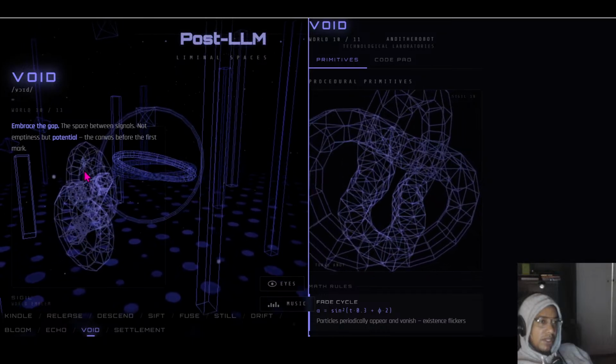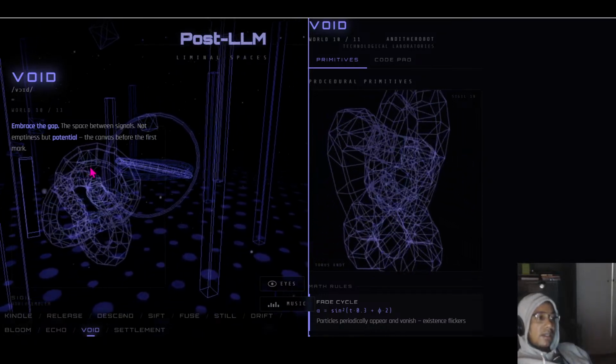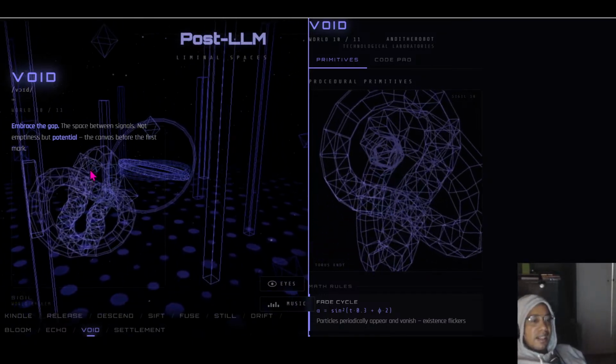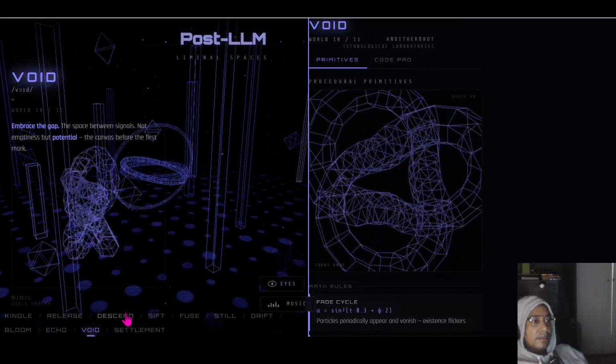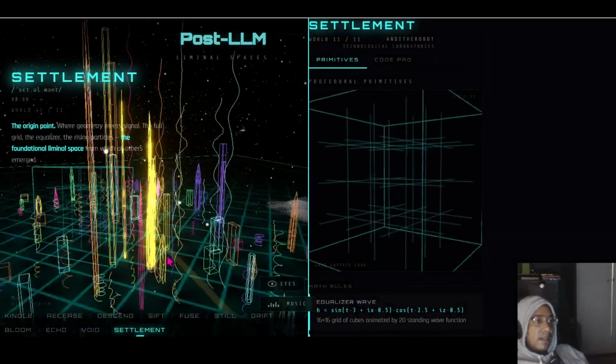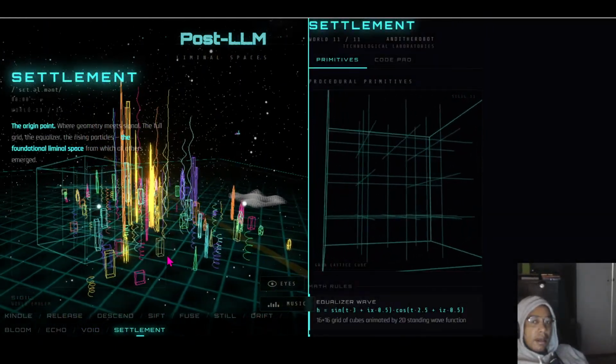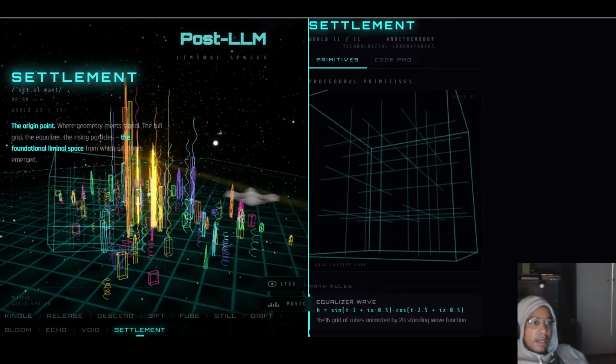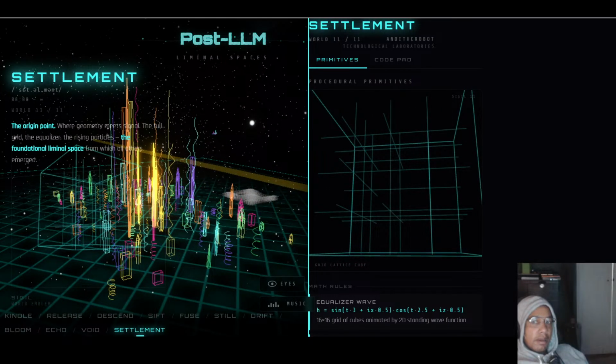Is it a rhombus? I would have to get up to date with the name, but I think it's something like that. And settlement is, I would say, the most